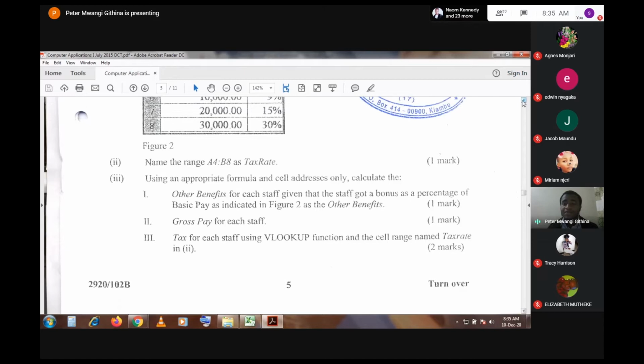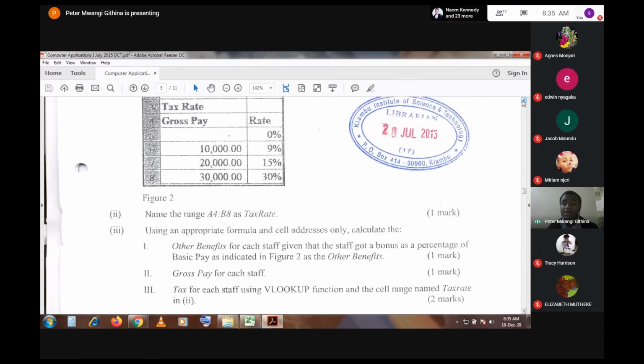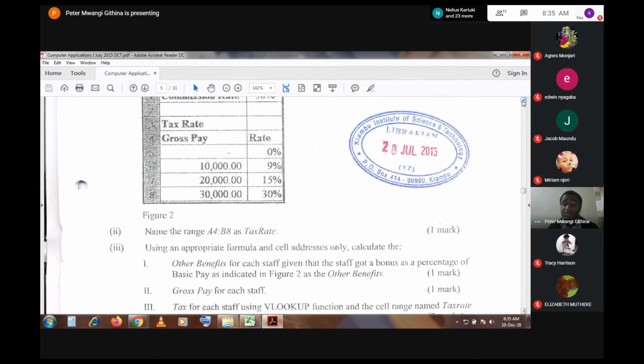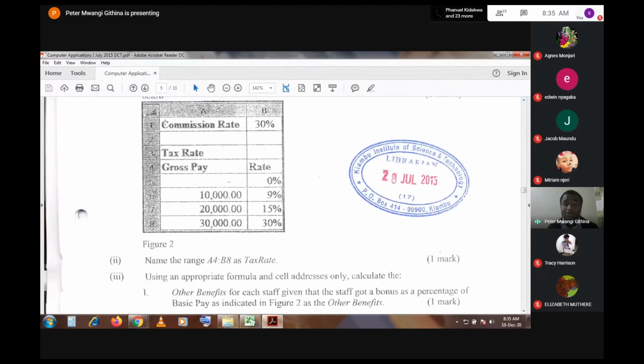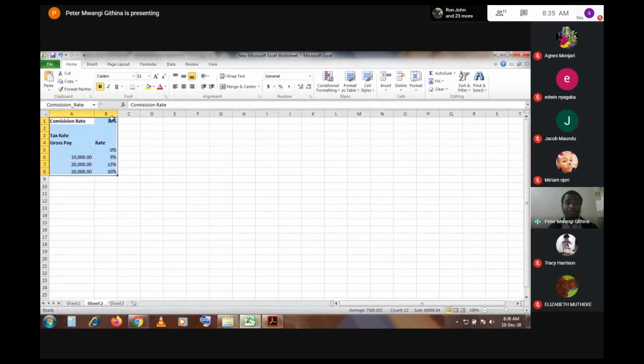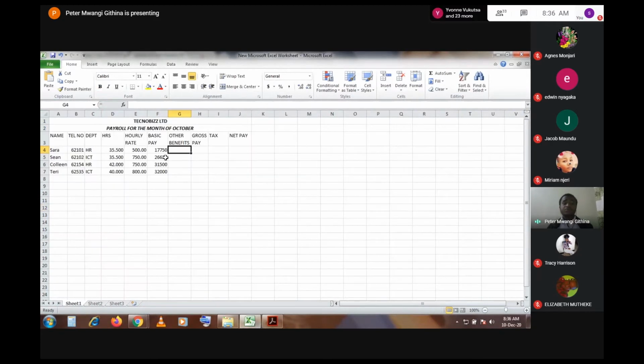Okay, so the bonus is a percentage of the basic pay. So hii itakuwa ni commission rate. Kwa hivyo nitachukua hii 30% of the basic pay. So other benefits will be the 30% of this. So hapo nitaandika